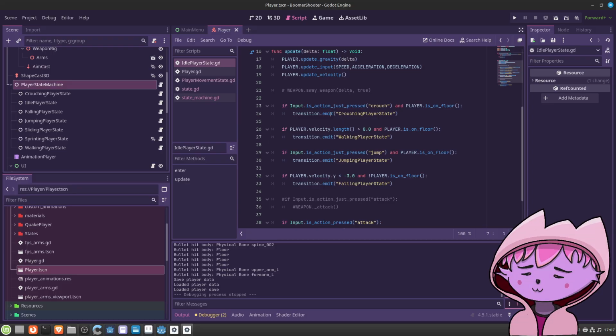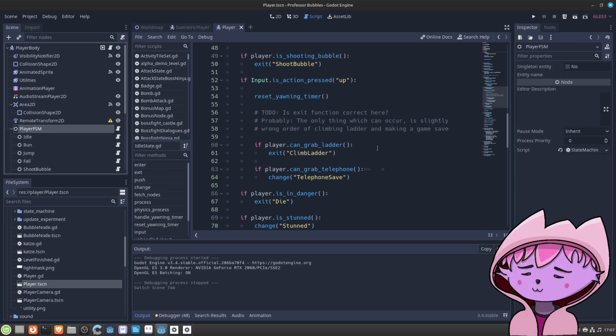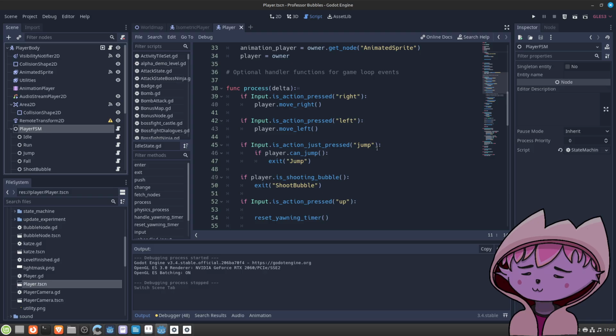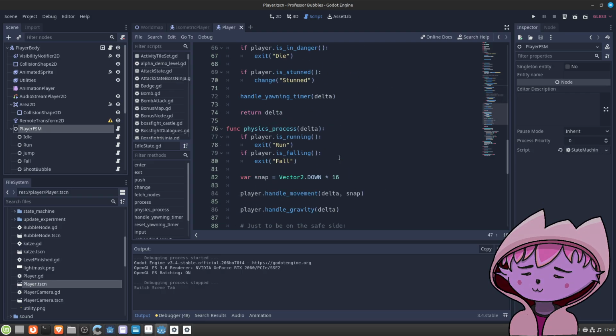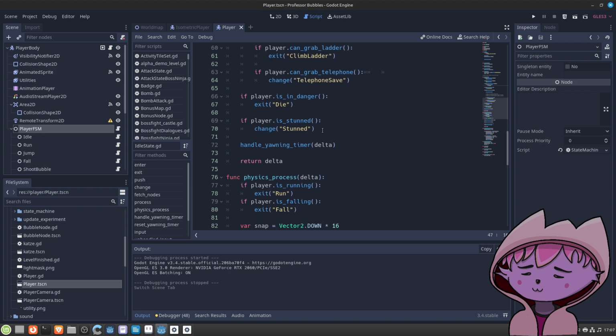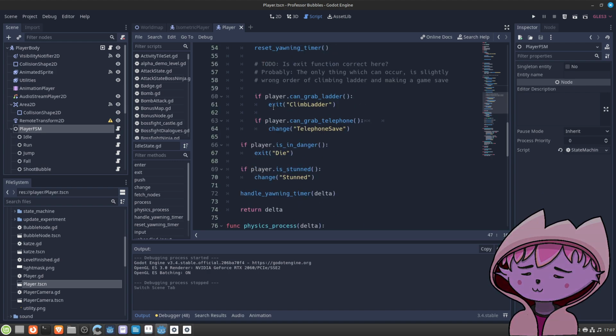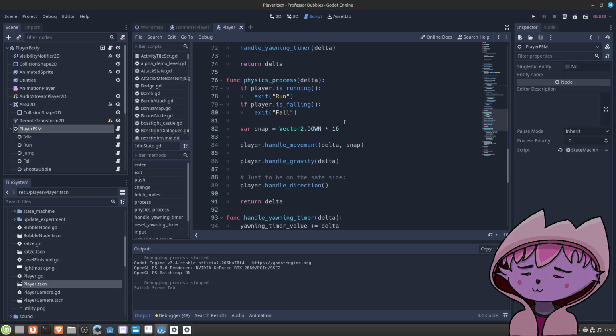So then if you want to change to another state, I like this very much. Instead of having to make it this way. I mean, it's more or less the same thing. The difference is that with this we don't need to connect anything. This is kind of like built-in.